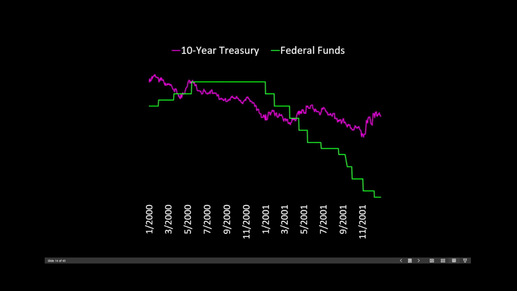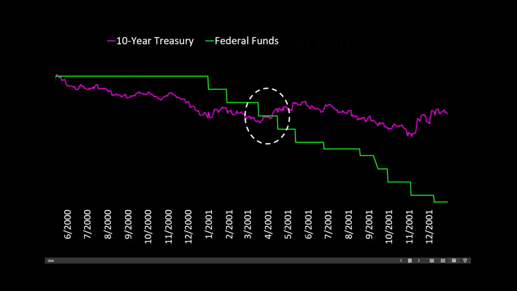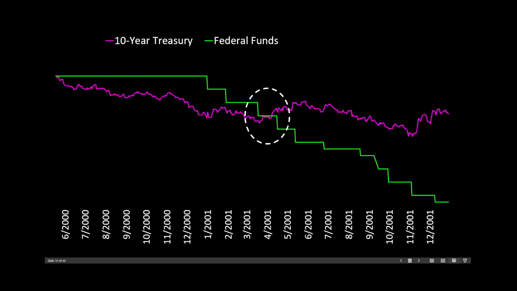Now, inside this indicator, this is what it looks like. The green line is the Fed funds rate. And we can see here in the year 2000, the Fed raised rates above the 10-year Treasury. But notice the economy started to slow. The Fed